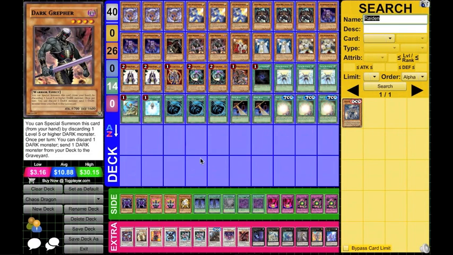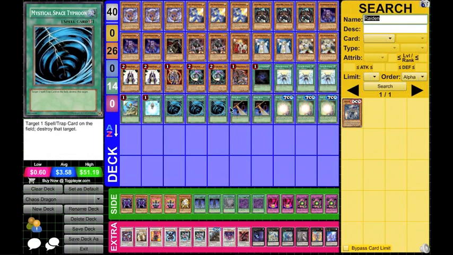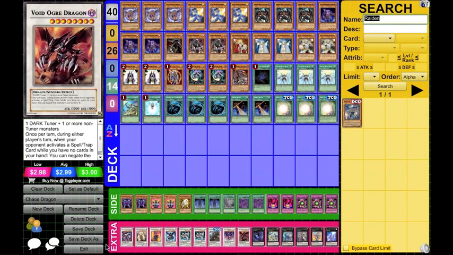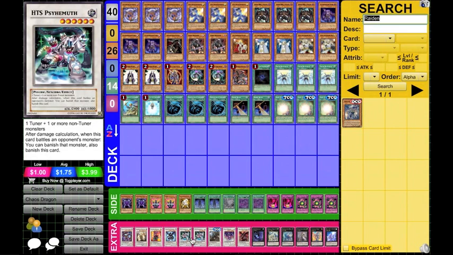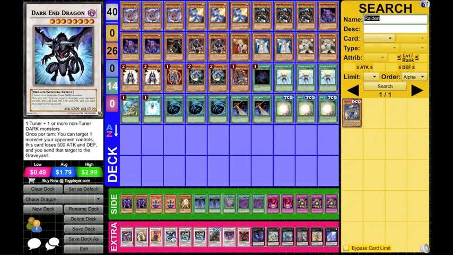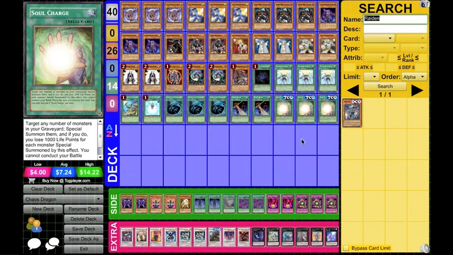So it's fairly easy to put cards back into the deck that aren't so great early game, but would be better late game. Another thing you're going to notice is a ton of back row hate. This deck relies a lot on Soul Charge to set up very large fields through things like Void Ogre Dragon, Beals, your Psyhemoths, just a ton of things that you can put on the board, Dark End Dragon, that can benefit you without hitting the battle phase,